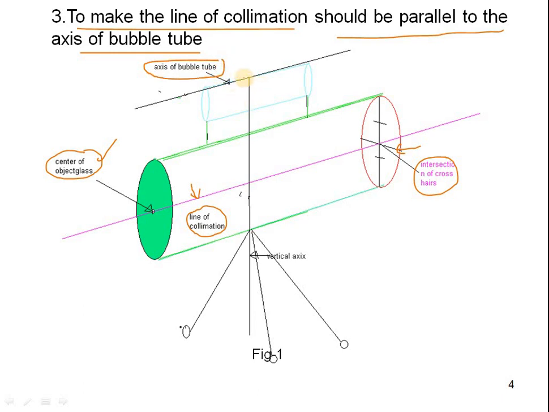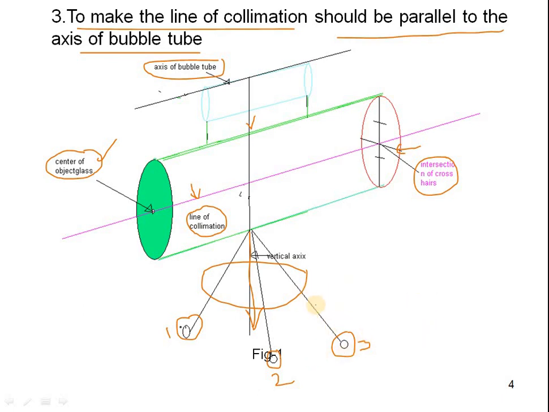A bubble tube will be there, and this bubble tube will be parallel to exactly the center of the tripod stand. This is our tripod stand. We can see here the center line, this is the center of the tripod stand, and these are the three legs: 1, 2, 3. For every tripod stand we will have 3 legs, not more than 3 legs. It is compulsory for the proper adjusting and proper setting of the instrument.